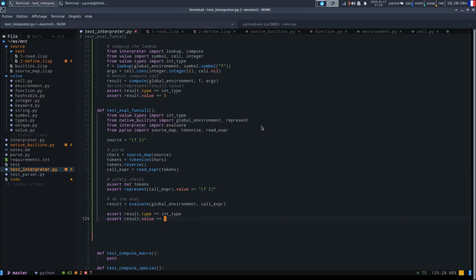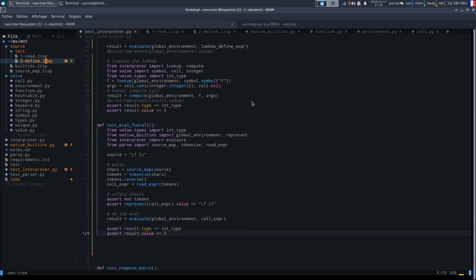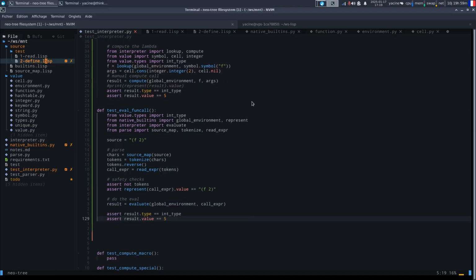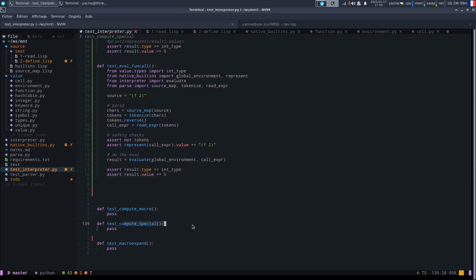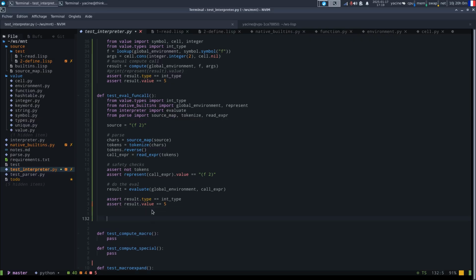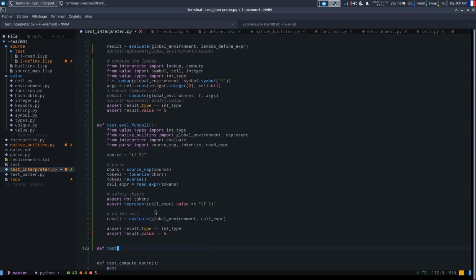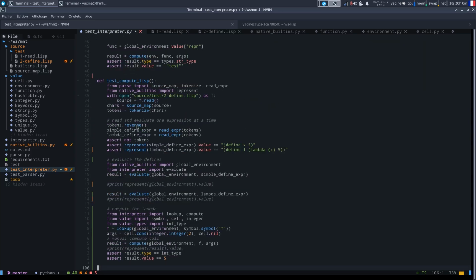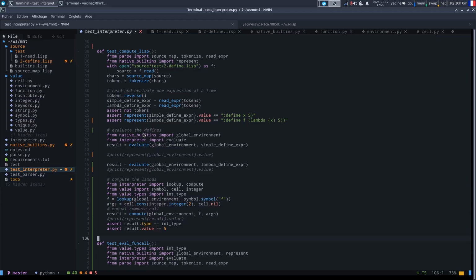So the next steps would probably be adding more compute tests, like computing macros, special functions, and expanding macros before evaluating code. And I can also add more compute function tests. I'm not sure how to name this function, but the idea is that